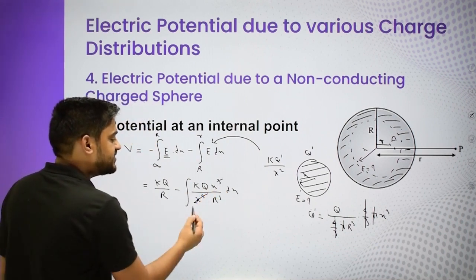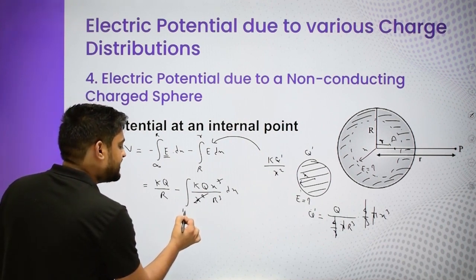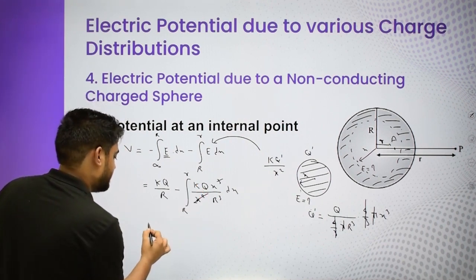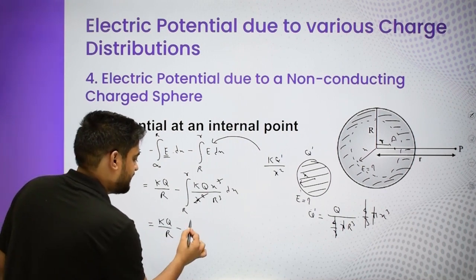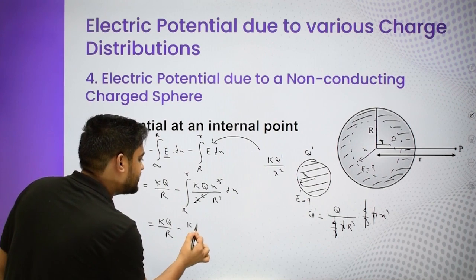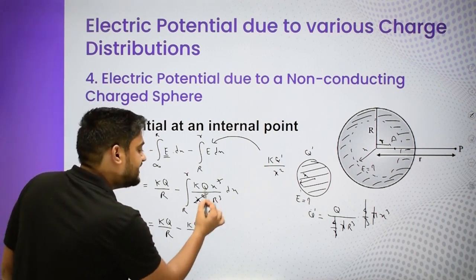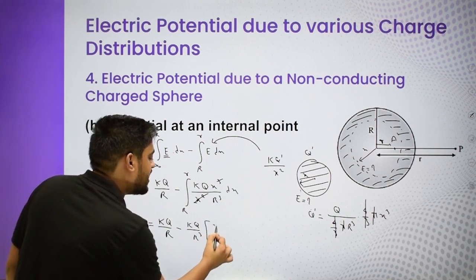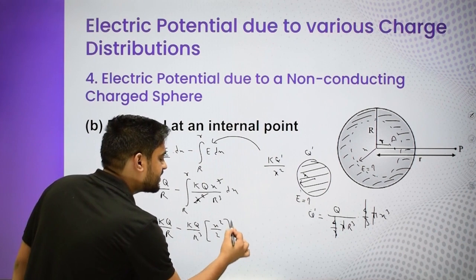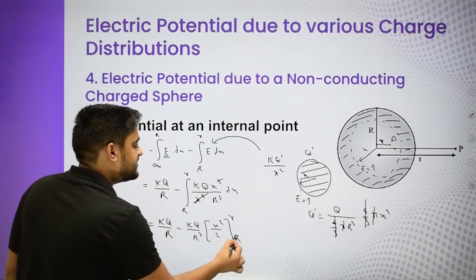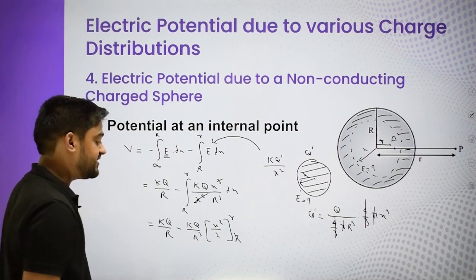And the variable is x, so it is integration x dx, so x square by 2, and the limit on that is capital R to small r. K cube by small r minus integration of this K cube by R cube. All of these are constant. Integration of x dx is x square by 2. Put the limit R to small r. And once you insert the limit, what do you get? You get r square by 2 minus capital R square by 2.